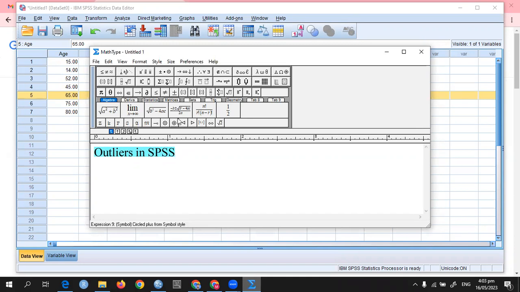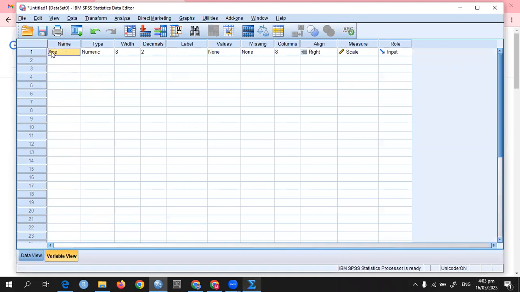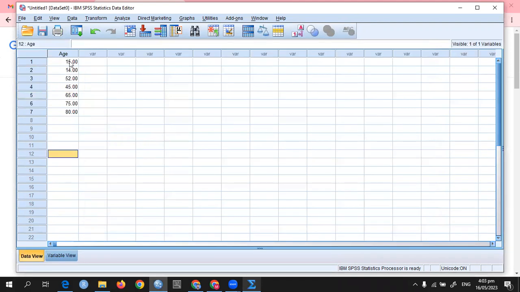So first of all, for example, let's check this. I have a variable named age. This is a continuous type variable, and these are the values under the variable age. The first value is 15, then 14, 52, 45, 65, 75 and 80. For example, we are going to check if there is an outlier present in our data, so how